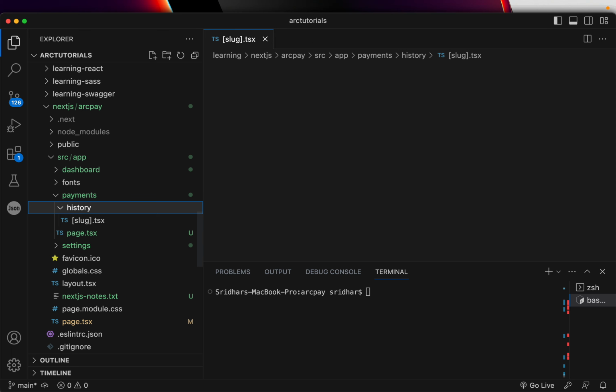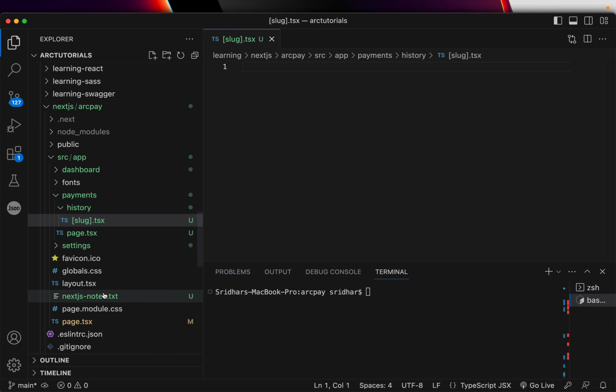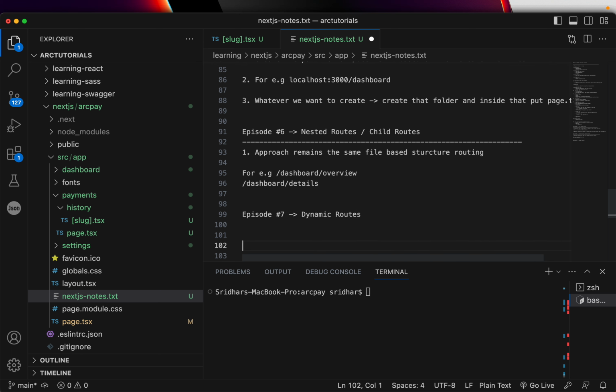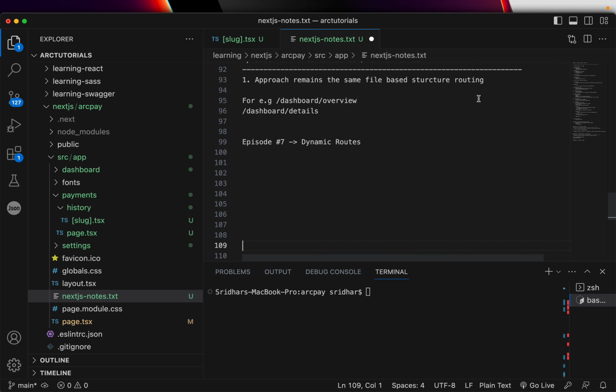Now what this means is that this is a file under, let me open my route notes and show you. Alright, episode 7, we are learning about dynamic routes. So now what we'll do is first we created a folder because it's file based routing, right? So we created a folder with the path,